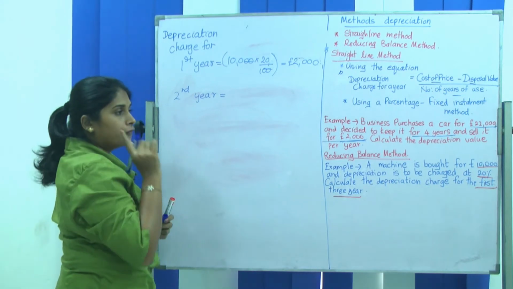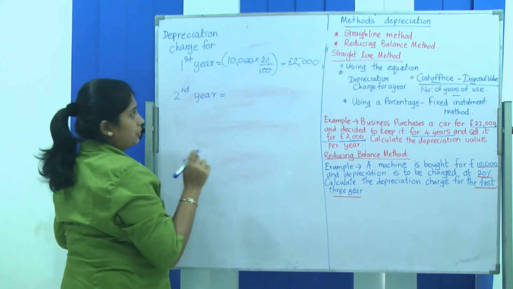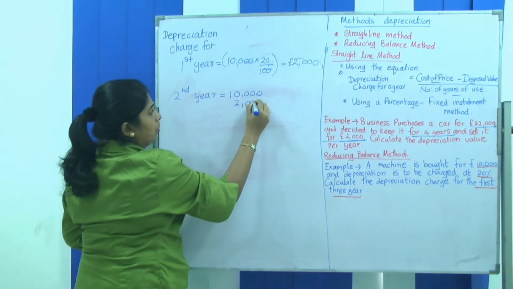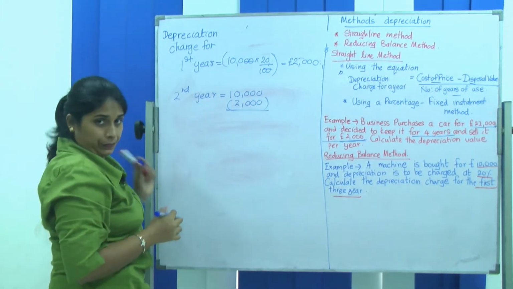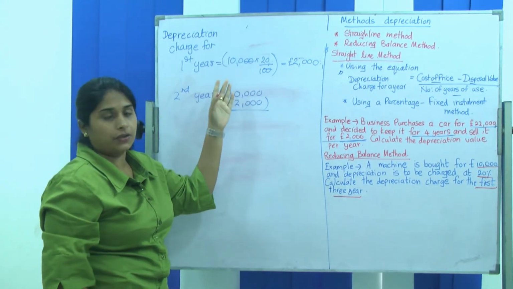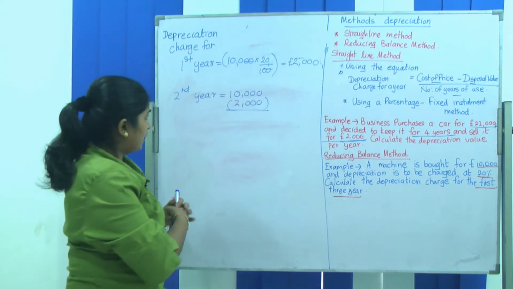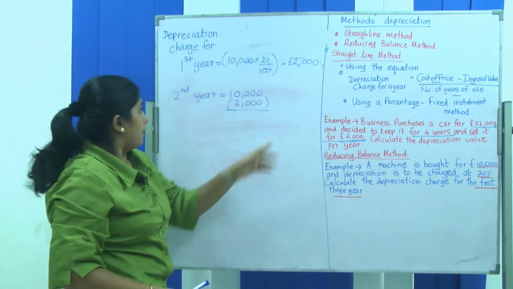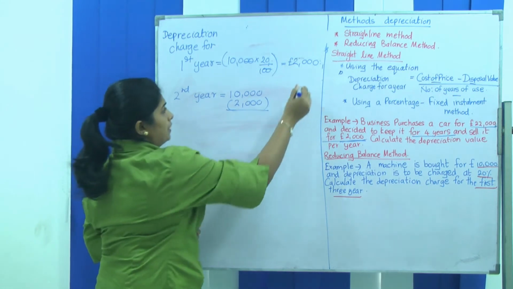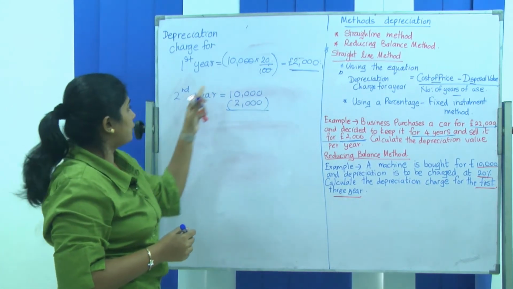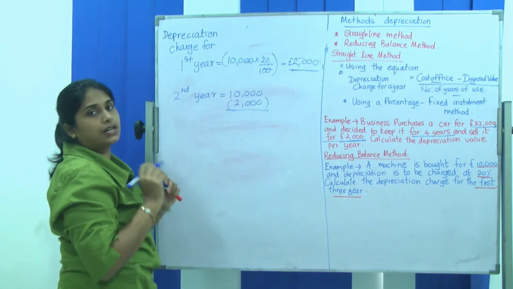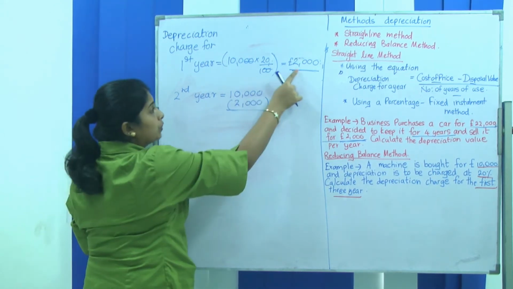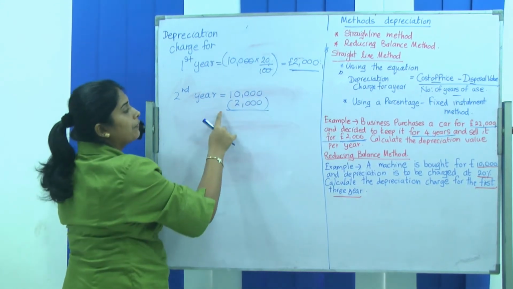But when you start to calculate the second year, before you start calculating the depreciation charge, first the first year's depreciation charge should be deducted from the cost. Okay, so the first year normally you calculate the 20% of the 10,000. 2 zeros will cancel, then 3 zeros, and 2 times 1 is 2,000. But when you start to calculate the second year, before you calculate the depreciation charge, you have to deduct the 2,000 which you depreciated the earlier year.